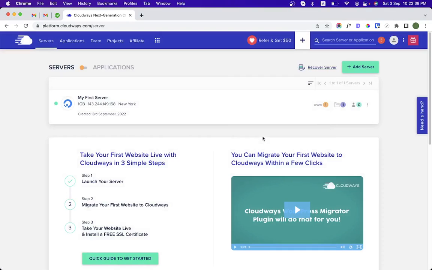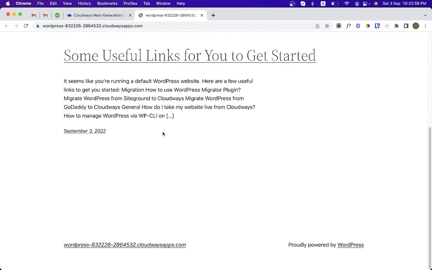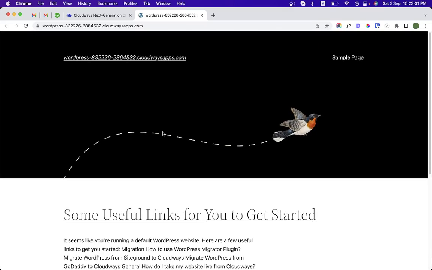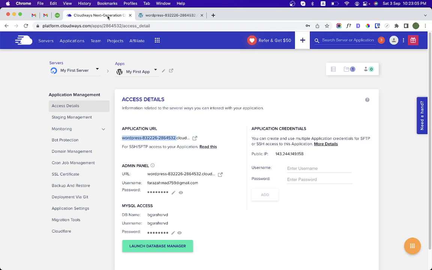Let's click on it. You will see several options in the sidebar here. For example, the access details, and right now we are on the access details menu, and it shows the application URL. When you click on this icon, it will take you to the application URL. So it has installed a minimal WordPress application for us, and we can browse through it,